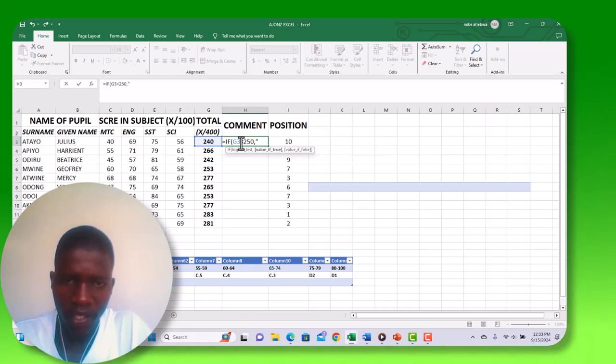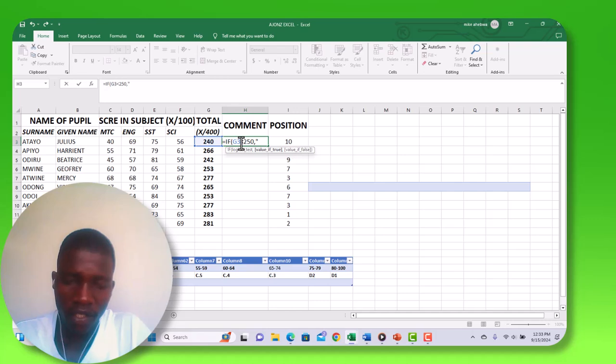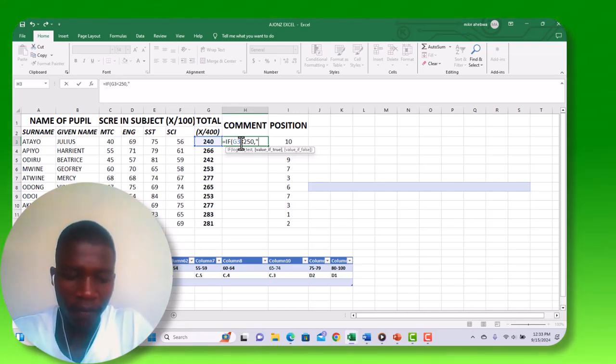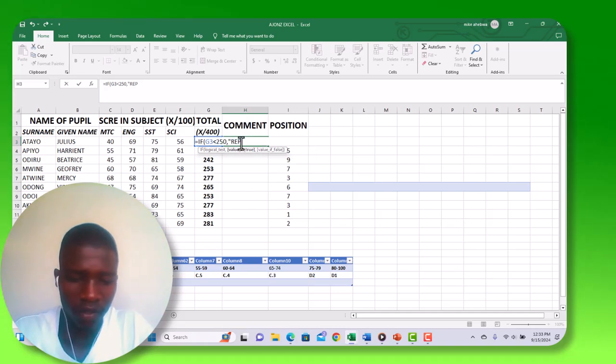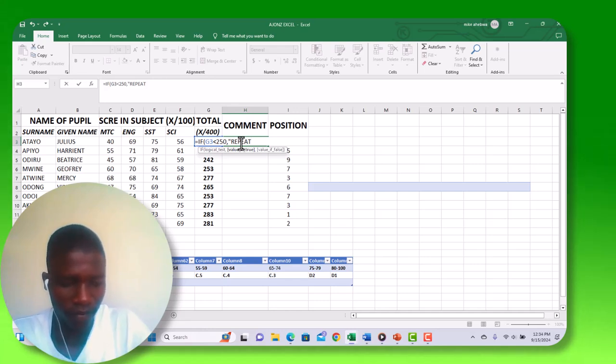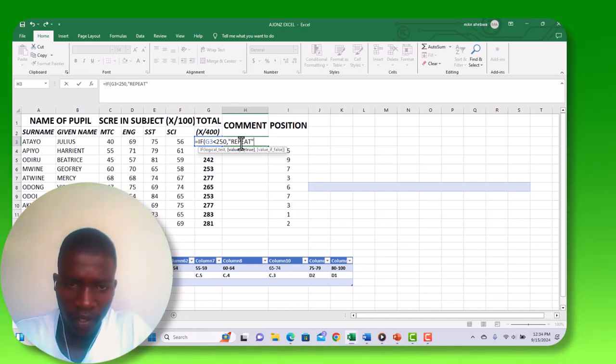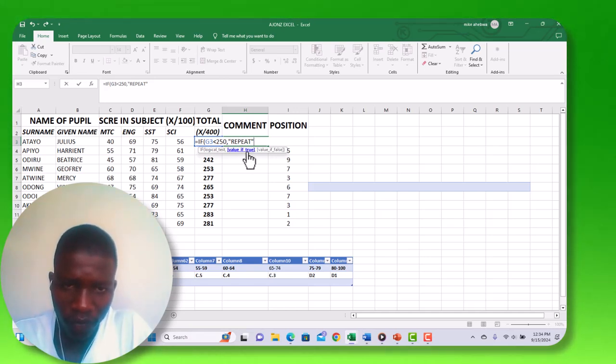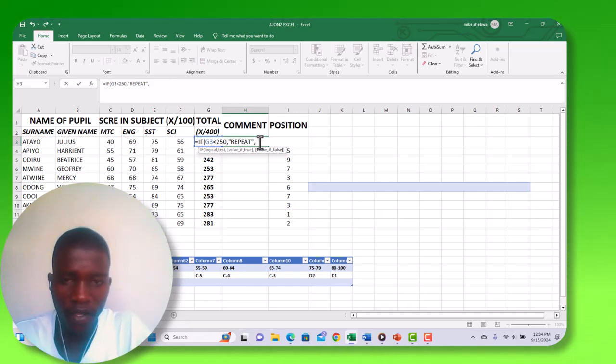In the quotes we are going to enter the comment you want. This person should repeat or improve in the next semester, in the next term. Then they have told you value if true, you tell the person to repeat. Then you put a comma. They are saying value if false. If the value is not below 250, just tell the person that is promoted